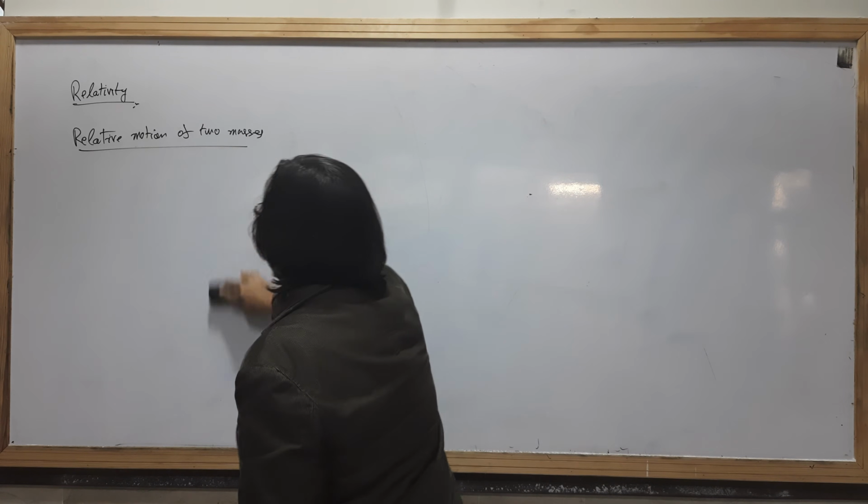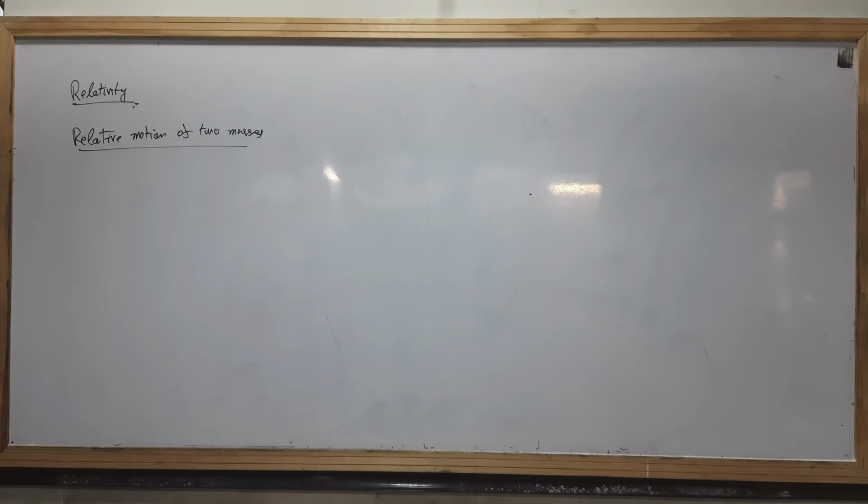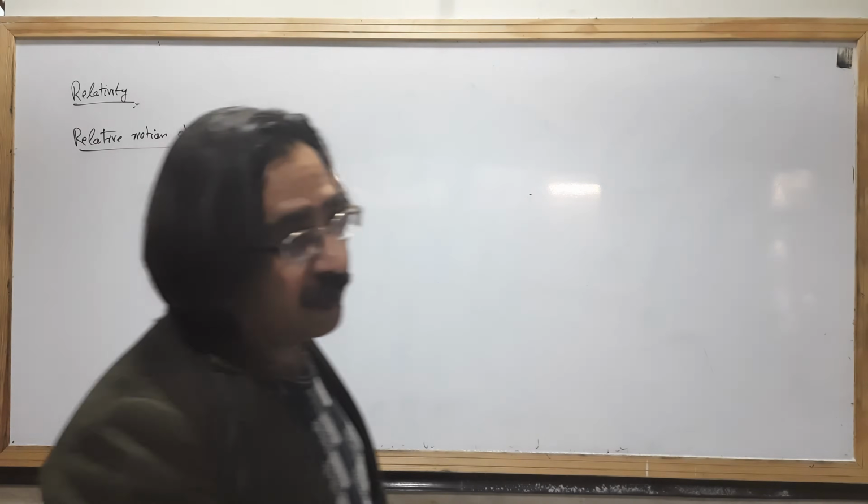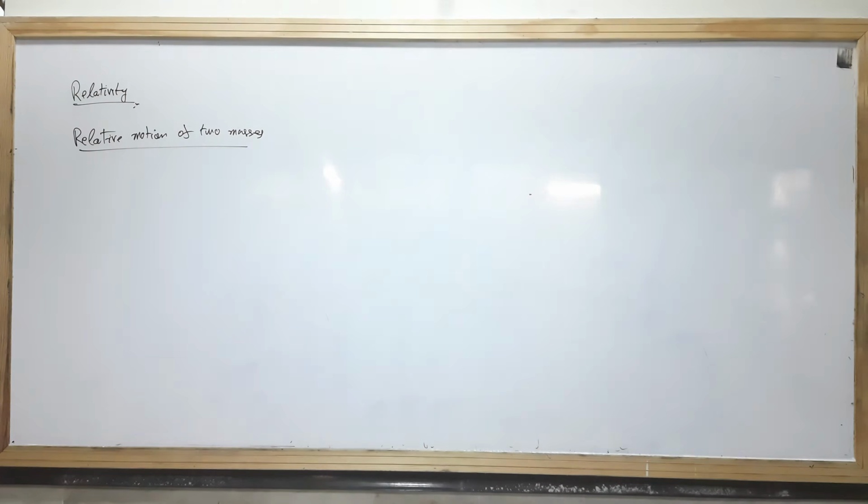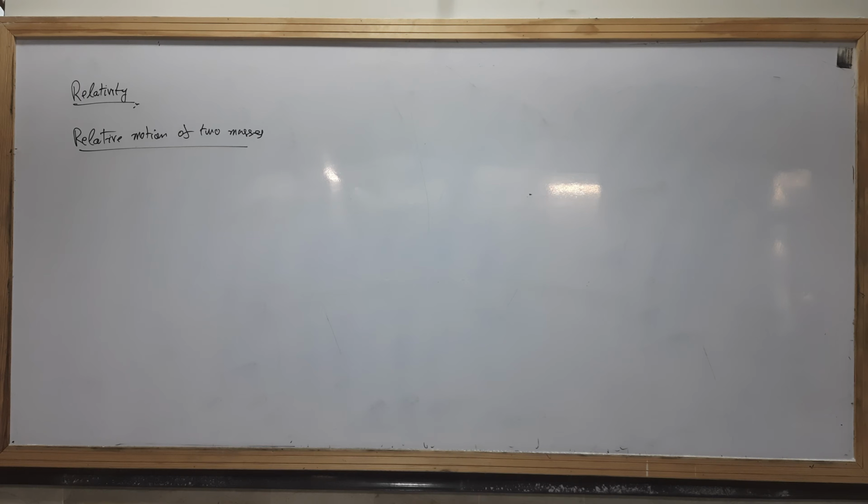Okay, now the topic is relative motion. We are repeating the previous part a little. Now the topic is what will happen when two masses are moving relativistically, meaning they belong to the inertial frame. Inertial frame, now you can understand.